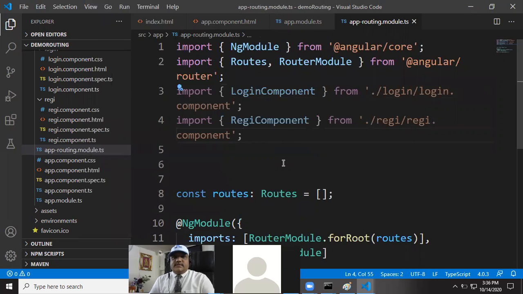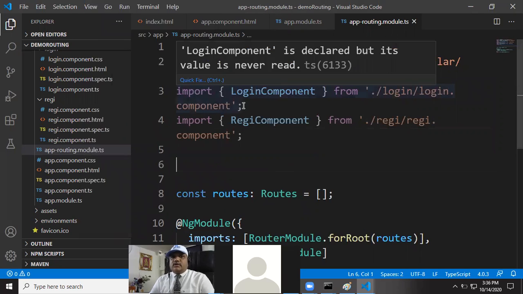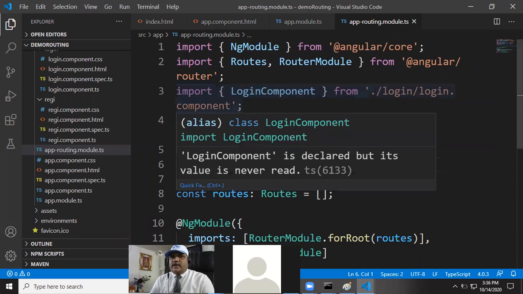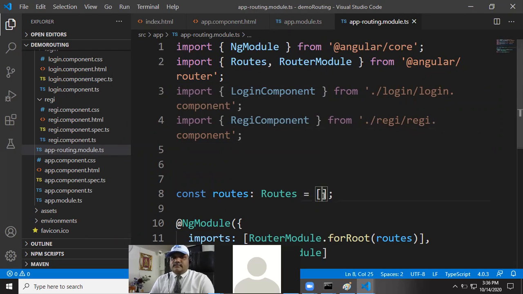Import login component from login component and import regi component from regi component. In this manner, we are updating app.routing.module.ts firstly. You import the two components, login component and regi component, and then here in the routes,